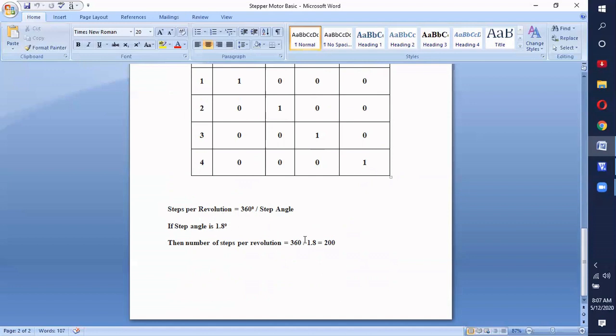So one revolution, 360 degrees divided by 1.8, is 200 steps. In order to make a stepper motor complete one revolution, it has to make 200 steps, one after the other. Only after 200 steps will it have completed one complete revolution. So this is about your stepper motor basics.